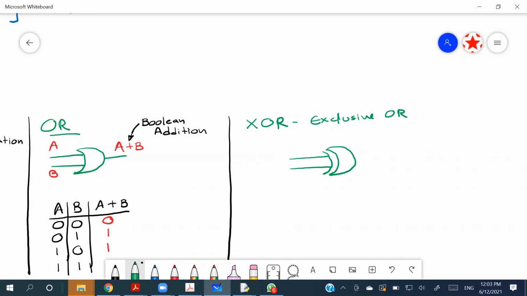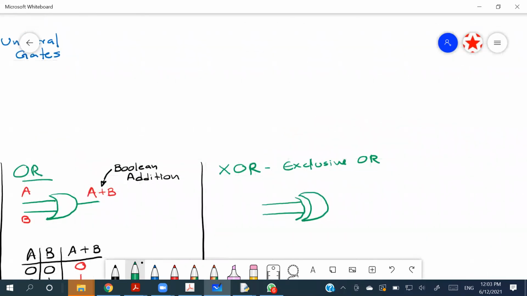And remember, this XOR is specially designed only for 2 inputs, right? I'll write it over here. Specially designed only for 2 inputs,